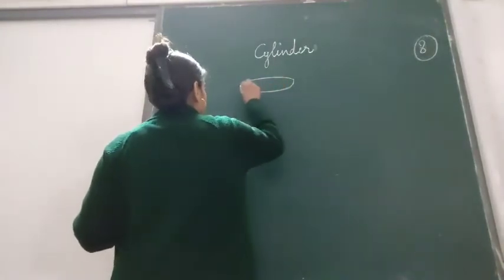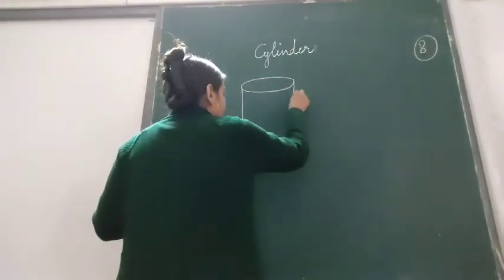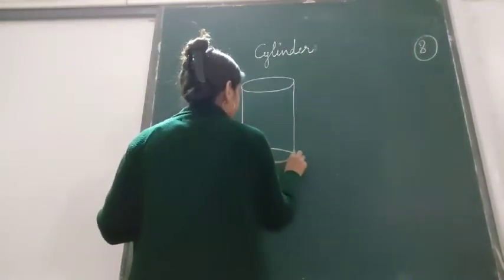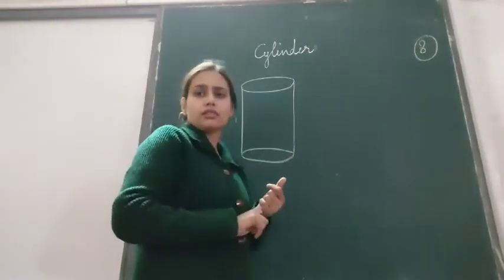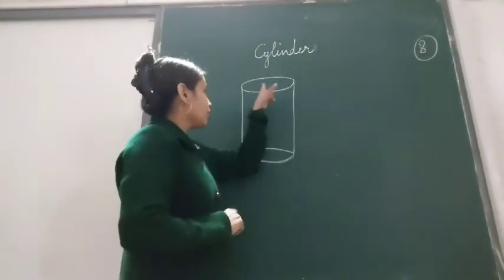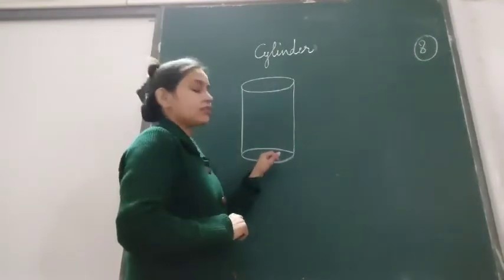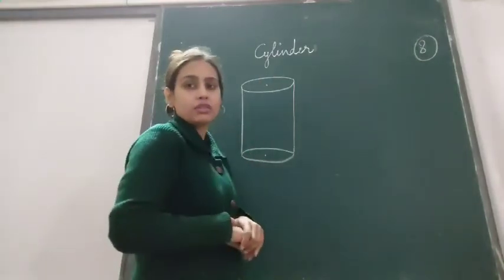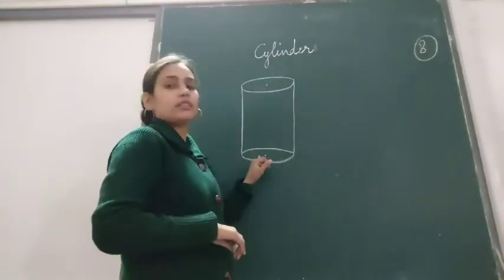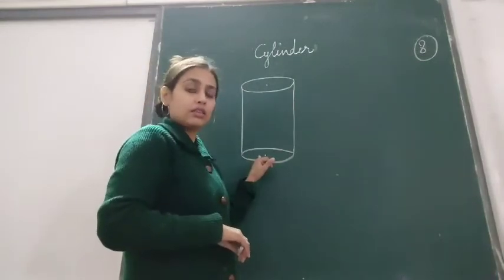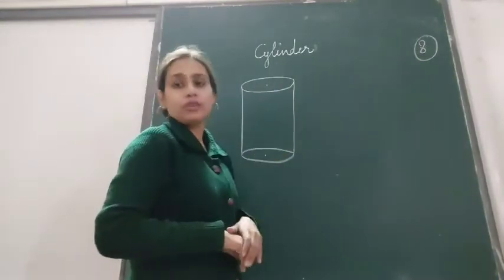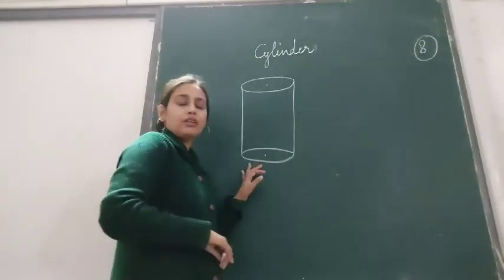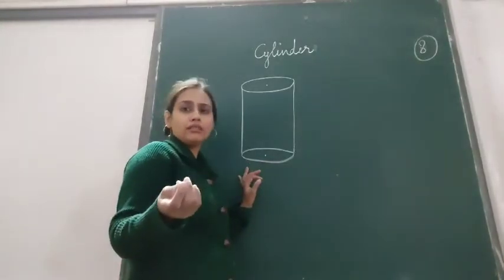We've already discussed the cylinder. Generally, the cylinders which we study are right circular cylinders. Mostly the examples are of right circular cylinders. Right circular cylinders we've already discussed: the line adjoining the centers of the two circles is perpendicular to the two radii. Okay. So here, as an example, you can take a tin.